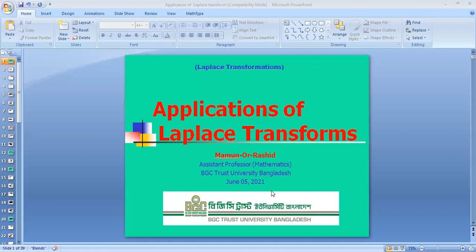Then in this last lecture on Laplace transformation, we have solved some real life examples of applications of Laplace transformation in engineering, in mechanical engineering and in electrical engineering. From electrical engineering we have solved 3 problems, and from mechanical engineering we have solved 3 problems. So remember this, we have covered all parts of Laplace transformation. If you gradually try to prepare yourself, you can follow this. Thanks to everybody. Best wishes for you.